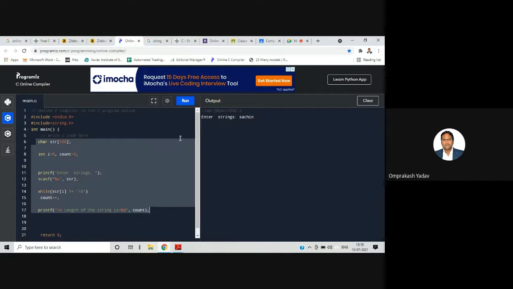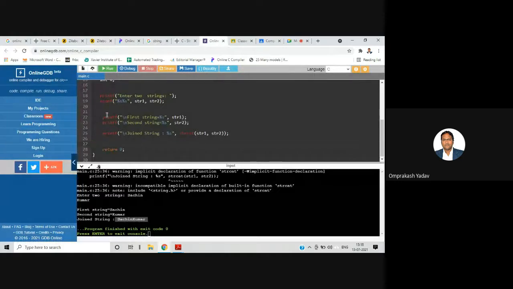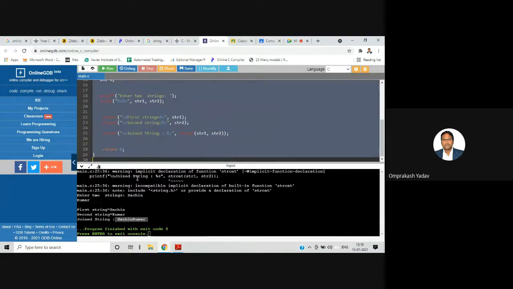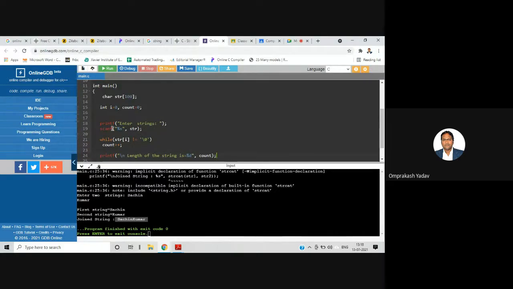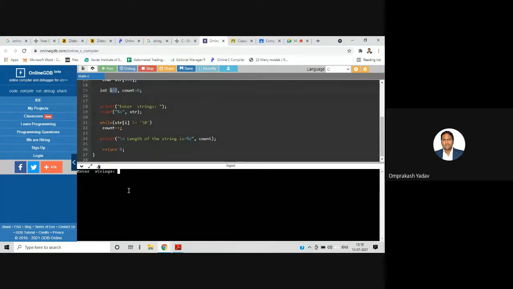Let's go to some other compiler and try to run on this. I'll copy this. Okay, this was the error, this bug was there, right? If we do not initialize i equal to 0, then from where will the character start? It will take any garbage value. Enter the string, let's say Sachin. Not displaying.